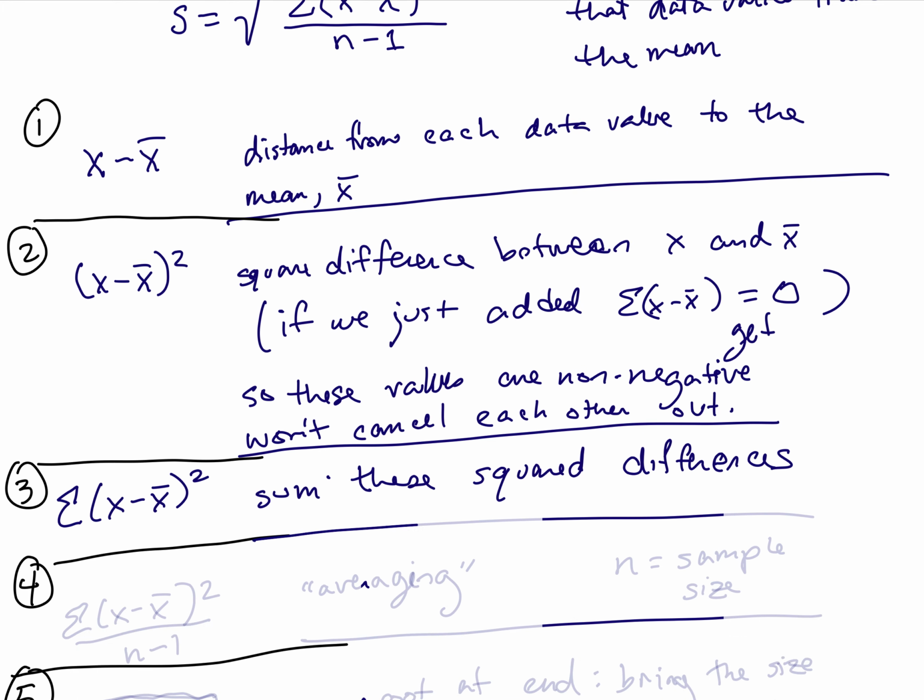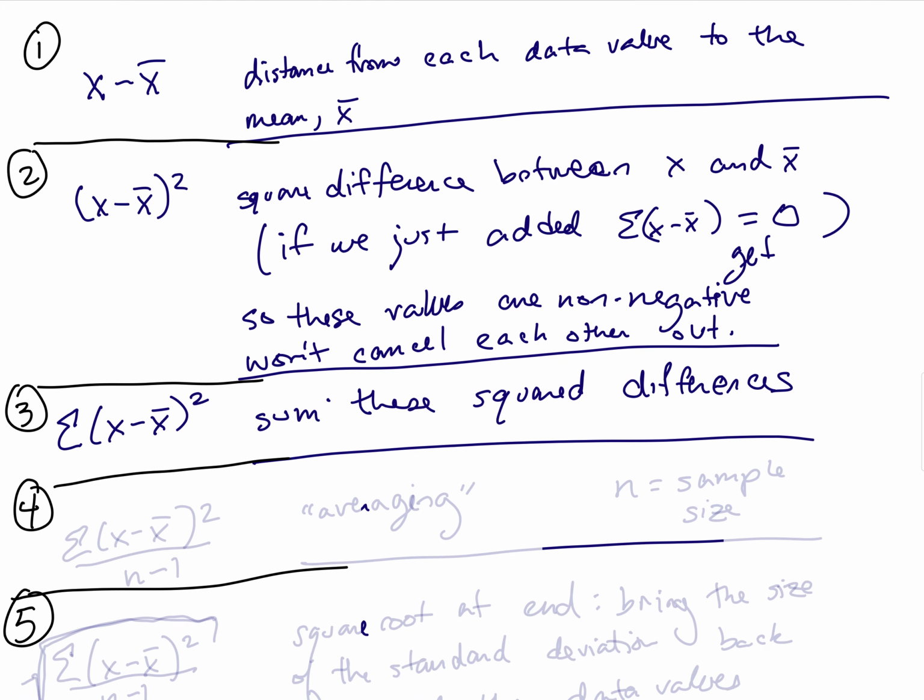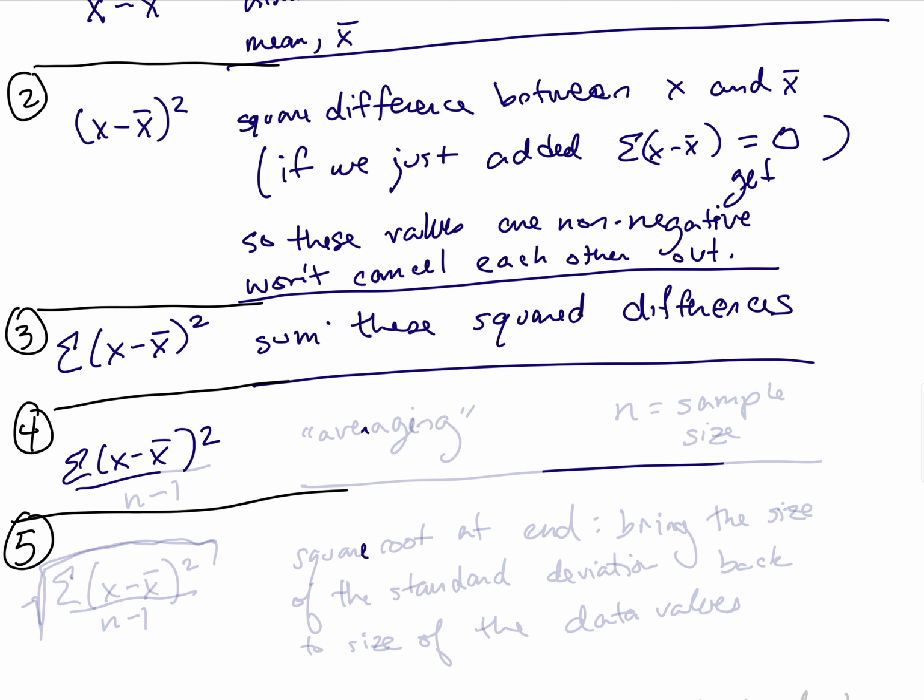Our next step is to divide by n minus 1. So we take the sum of the squared differences divided by n minus 1. And this is sort of like averaging these squared differences. If we were dividing by n, remember n is the sample size, this might make more sense intuitively if we were just dividing by the sample size. However,